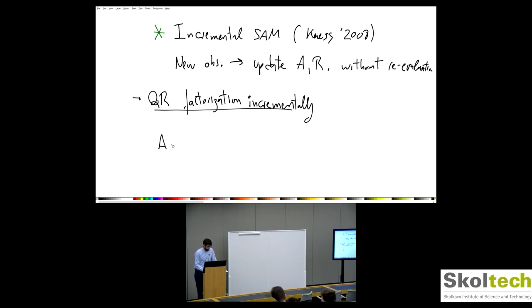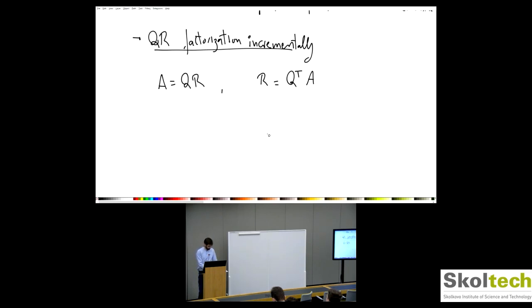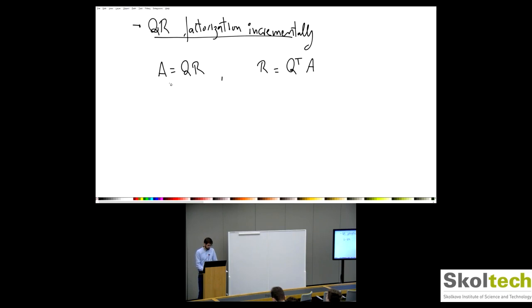Okay, so this is what we defined last day. We can also rewrite things like this. Remember that for an orthonormal matrix, the inverse is just the transpose. So that's very convenient. And now what we have is a new observation,